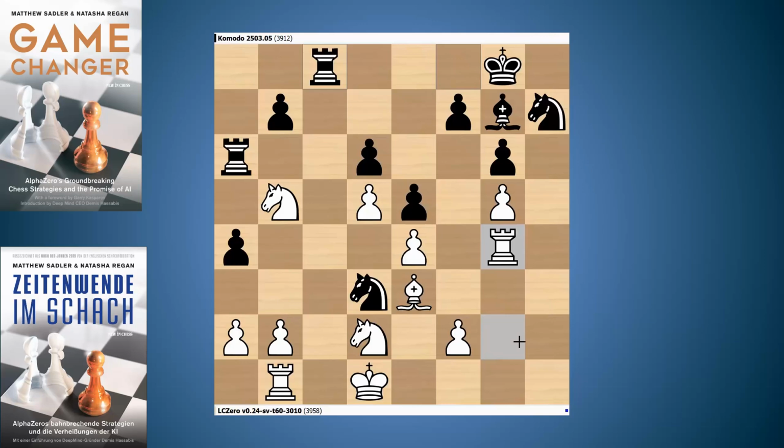But that's not easy to achieve. And Leela has a plan for doing it, but as always, Leela loves a good shuffle. So we're going to see quite a bit of toing and froing here, as Leela, I guess, enjoys the scale